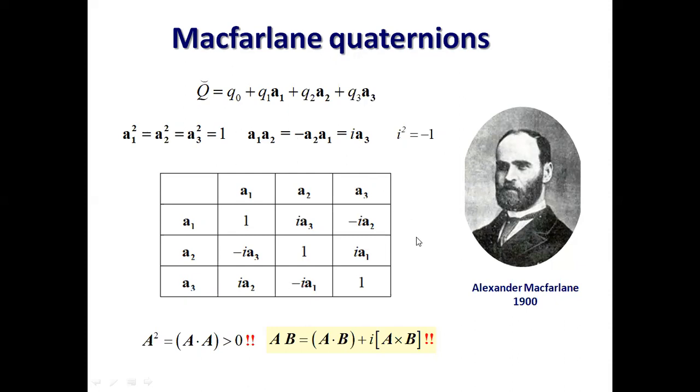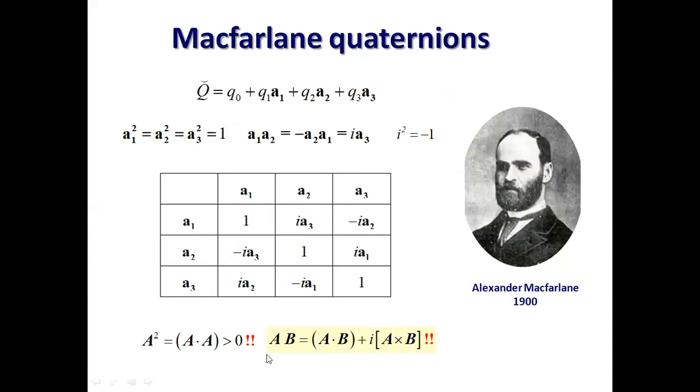The rules of multiplication and commutation can be represented as the following table. If we multiply A1 by A1, we obtain 1. If we multiply A1 by A2, we obtain A3. If we multiply A1 by A3, we obtain minus A2, and so on. The advantage of Macfarlane quaternion algebra is that the square of a vector in this algebra is